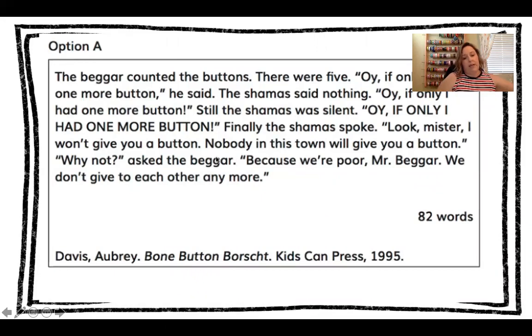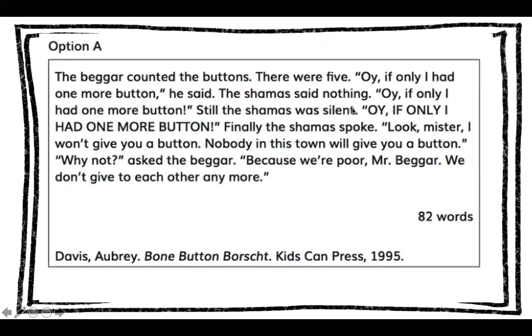Your very last thing for today as well, for your homework, I want you to practice reading your fluency passage again. So if you remember, fluency is your worksheet 10A. I want you to be doing option A this week. Okay, so let's read through this once together, and then you will read it a couple more times to your learning partner. So let's read this together. Here we go. So we're going to chorally read, which means we're reading together. So here we go. Follow my arrow on the screen.